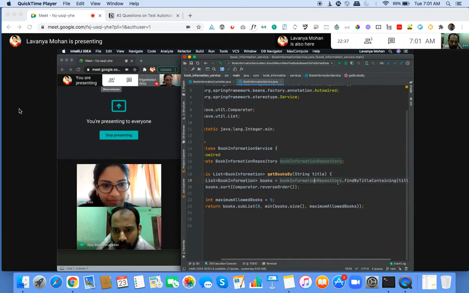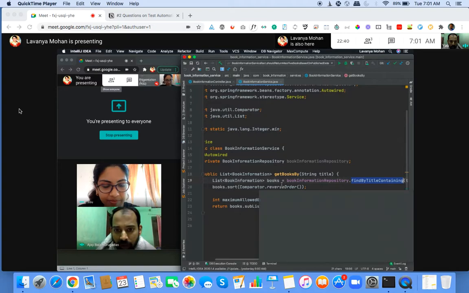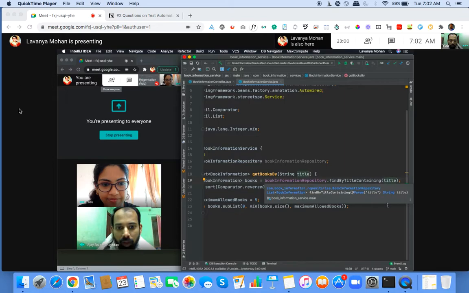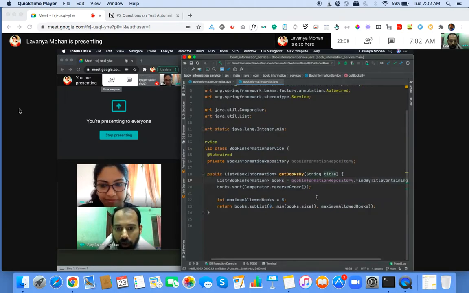Get books by string title. It gets as input a string, and then book information books. From the repository, we are getting by the title, which is fetched from the query parameter, what we send, which is title, and then it sorts in the reverse order of what is not highlighted here, but it is something of a reverse order, which we might find somewhere in comparator.